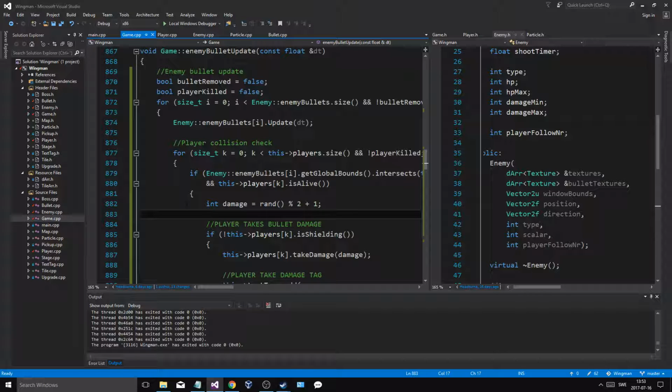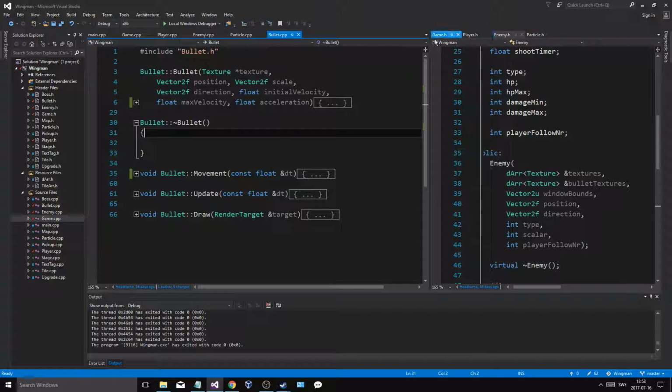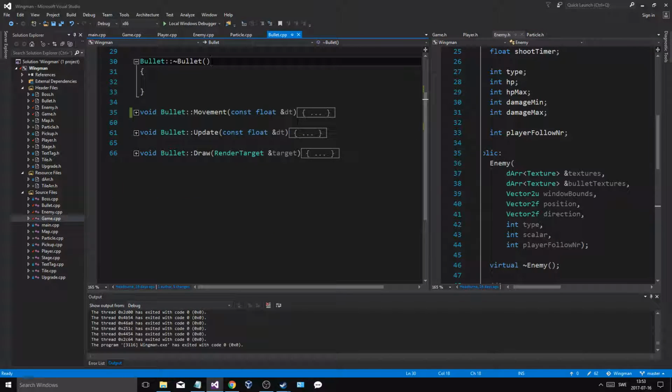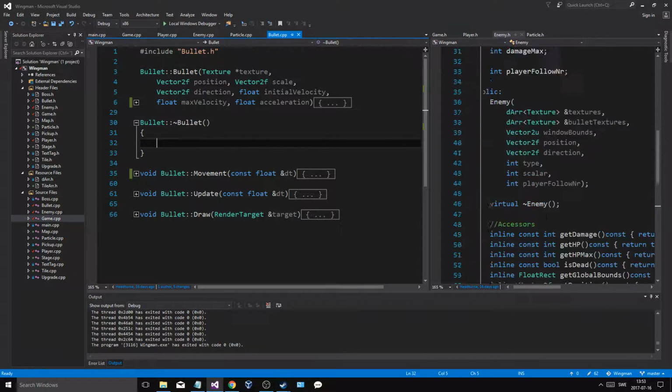We're gonna go into bullet.h and fix some stuff in bullet, and we're going to start off with a new class, a power-up class. We won't finish it in a few videos. It'll take a few videos at least, but we will eventually. So what I want to do here